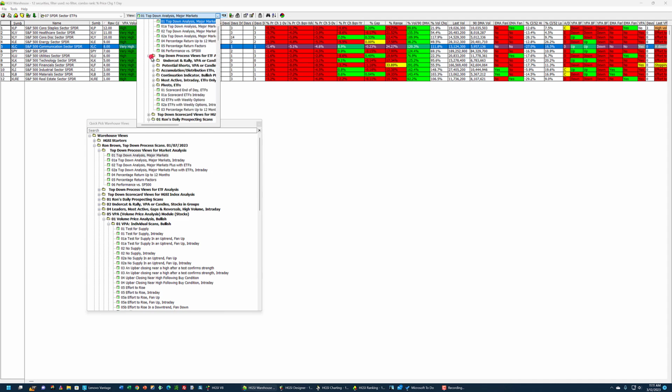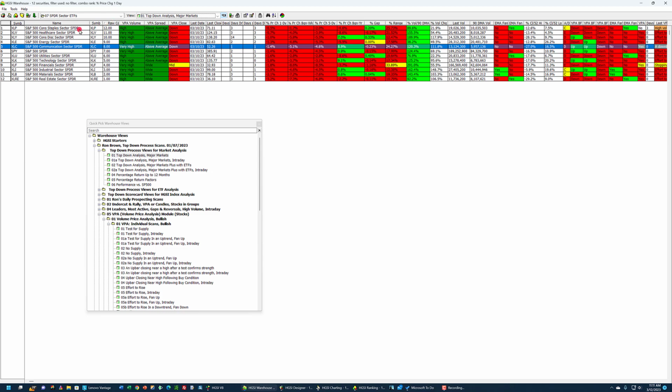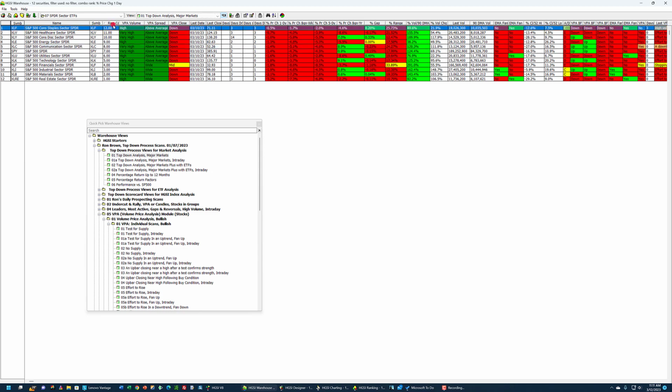I can just stay right here because this lets all of the spider sectors show through if I don't engage the filter.